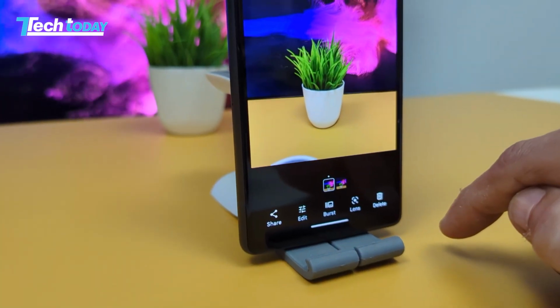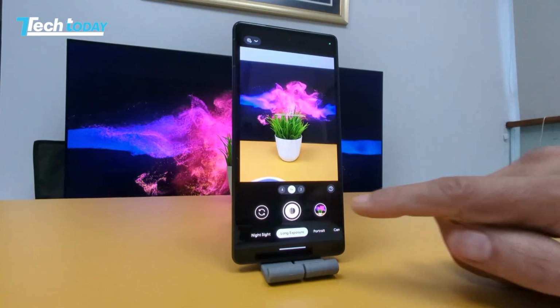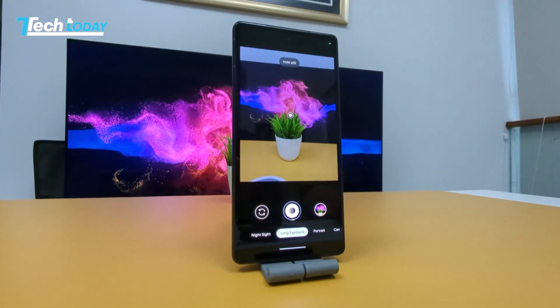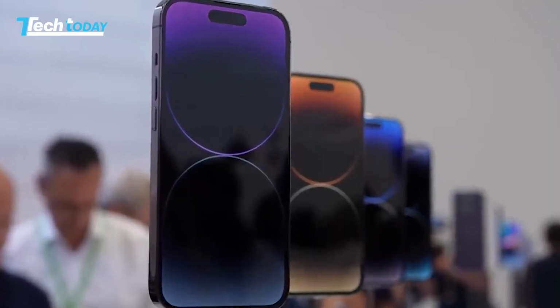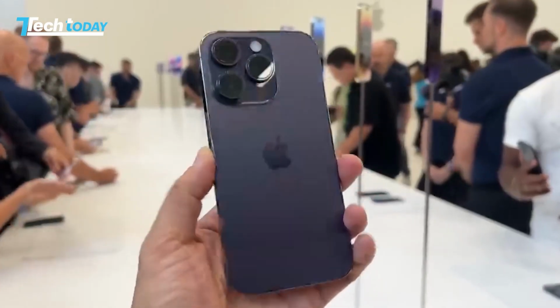Honestly, the stock Android experience only comes with Google devices. So we're going to test this over the next few days and see if there are any bugs. This 90 Hz refresh rate is great, but you can already see the difference on initial usage when you compare it maybe to another flagship device like the Pixel 7 Pro or even an iPhone 14 Pro Max. But those cost twice or maybe 3 times as much as this. So to get into the stock Android Google experience, the Pixel ecosystem, this is a very strong